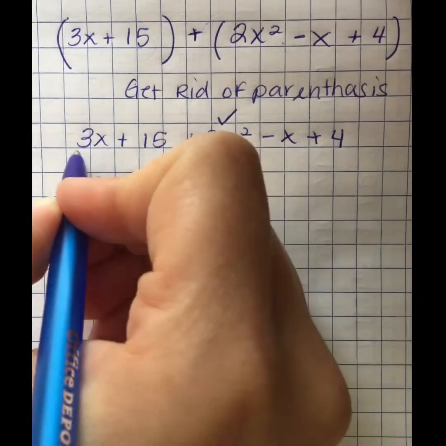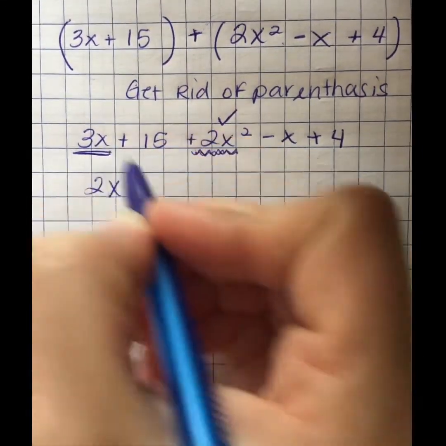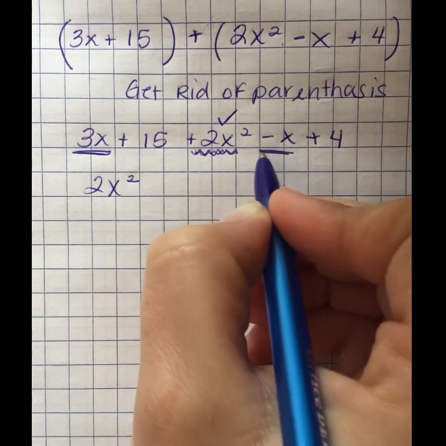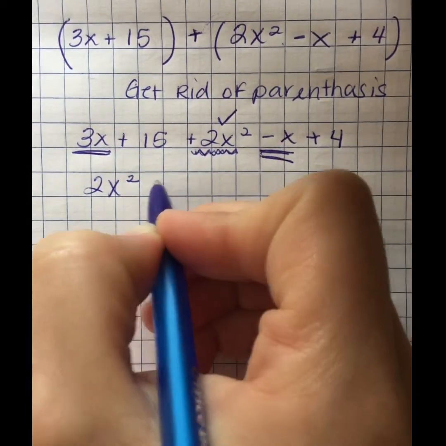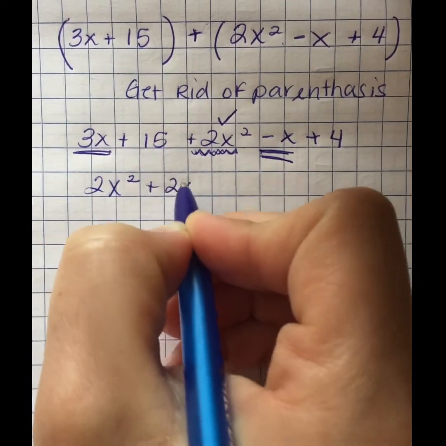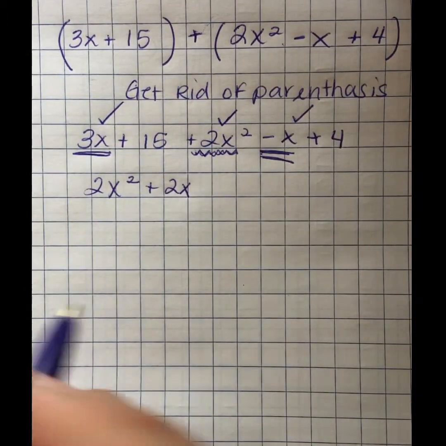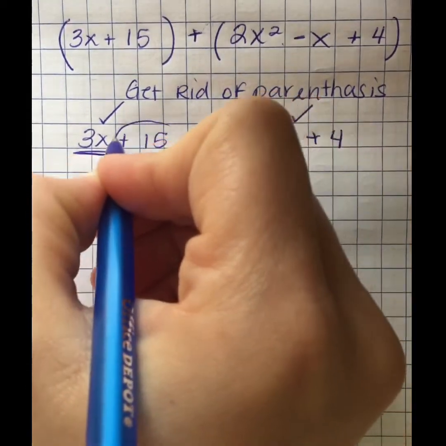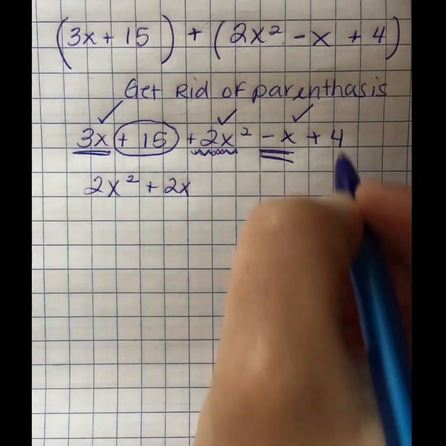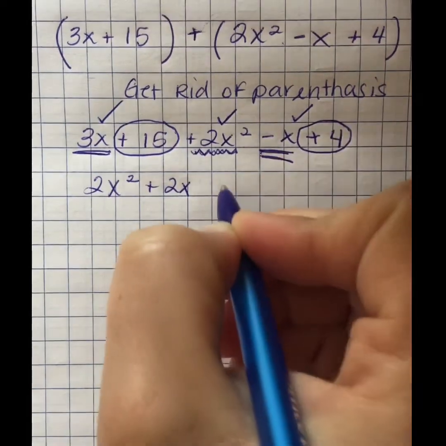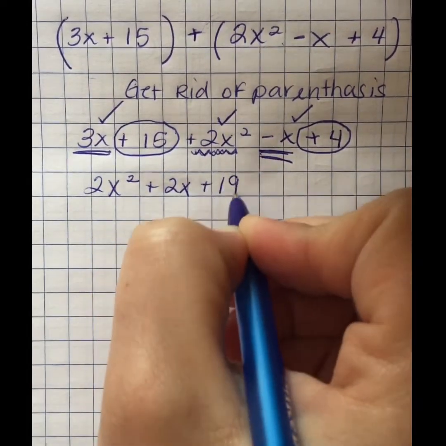Moving down, we would land at the 3x and the negative x. That would combine to positive 2x. Done and done. And then we would have our constants of 15 and 4, which would combine to equal